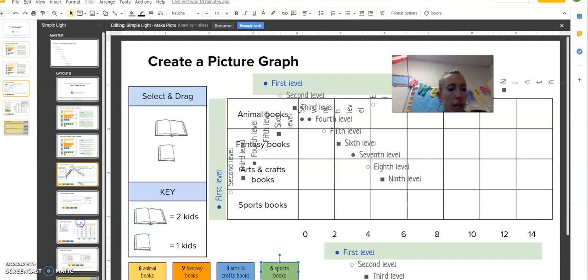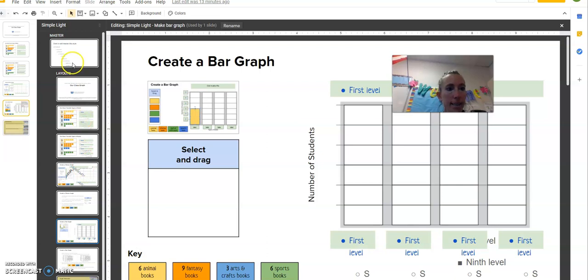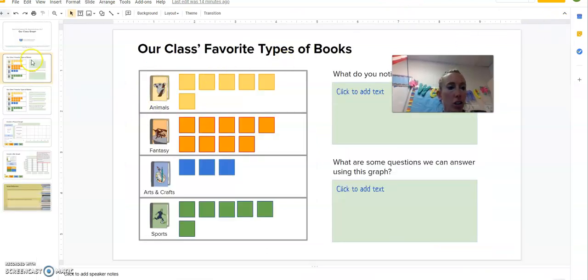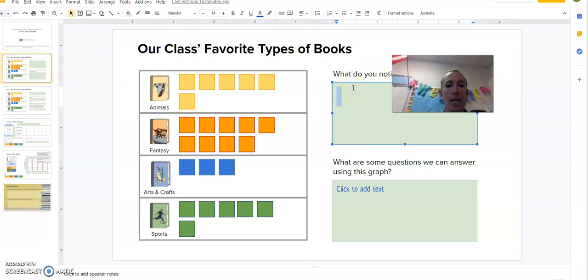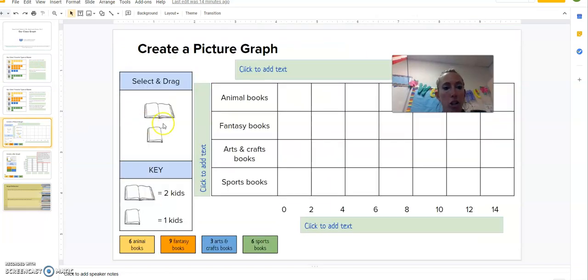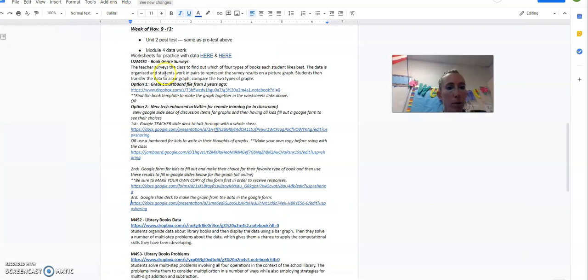And then once I go through and I've made all those changes to the slides, then I'm going to X out. And now I can start and we can answer these questions together, or now I could share this in their Google Classroom and they could go through and write in their thoughts. And then they could actually literally make this graph by dragging these over here if you like that, okay? Otherwise, for me personally in class, I would just have them doing the paper route up here in option 1, and they're just using glue and paper and making that graph. Okay, so that's just